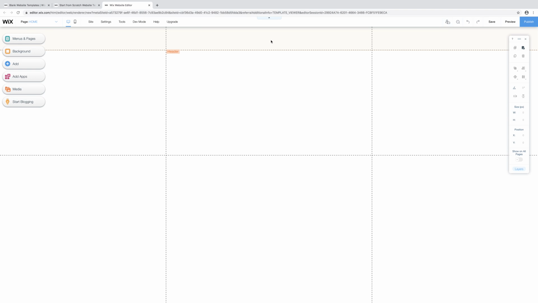So in your header, you'll find things like your logo and your menu bar. When you go to a website, you usually find a menu bar at the top of the screen. That's where your menu bar will sit. Then this section over here that is defined by this bottom horizontal line is where your hero image is going